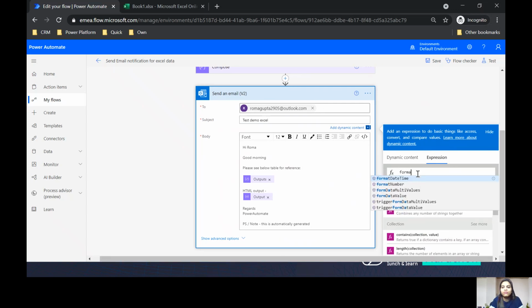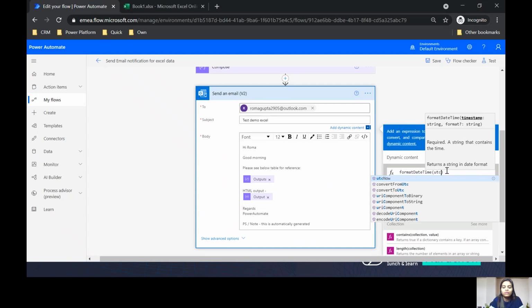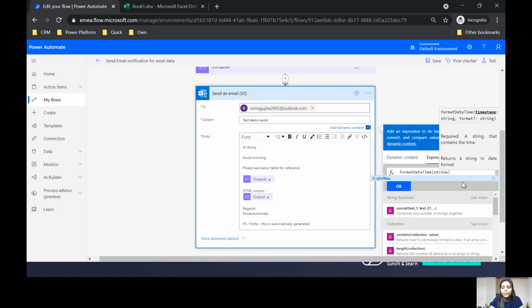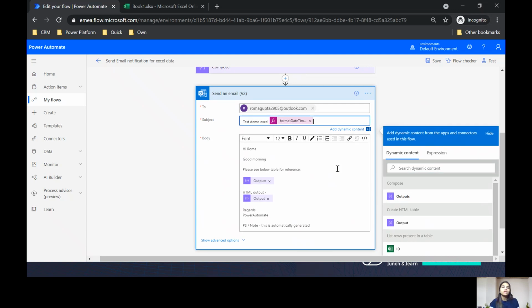You can say format, and if you see the IntelliSense started working, so you click on it and then it will also tell you what it is waiting for. If you see utcNow, and then you can give it a format that you want. I'm giving year, month and date. Please note, for month it is capital M and not small m, otherwise you will be busy searching about what is small m and capital M, which I was scratching my head off literally because it was giving me 0 for milliseconds anyway. And then I clicked on OK and it was here, the format date time.